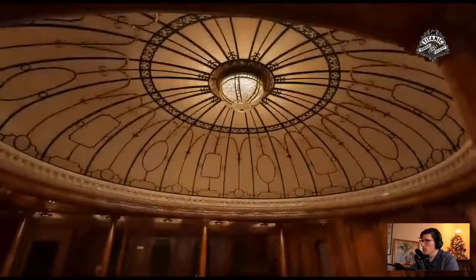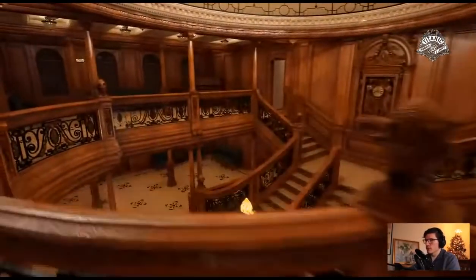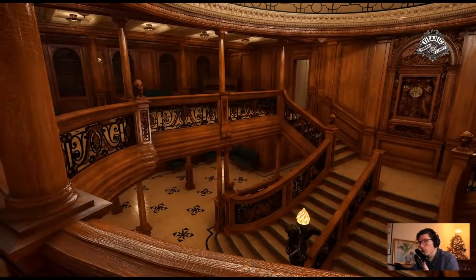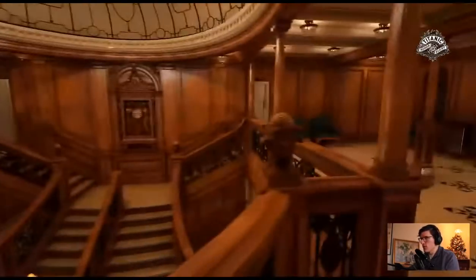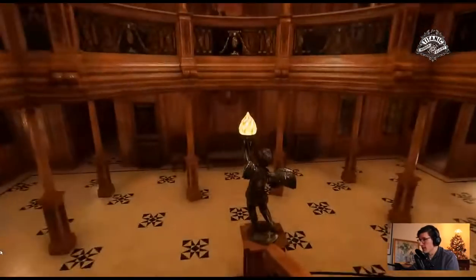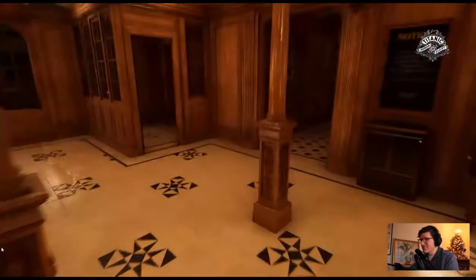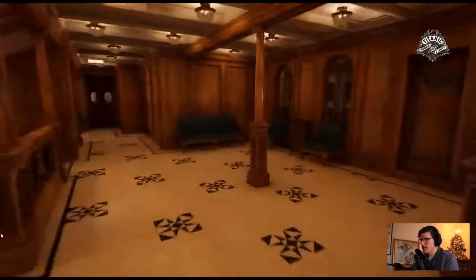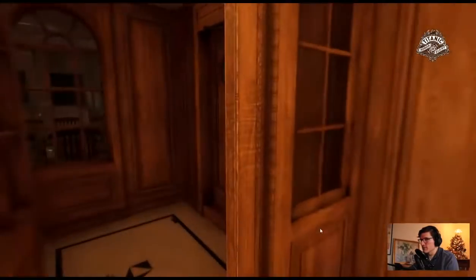I have a pretty nice computer, so I understand that people have had issues with things like loading in, and the biggest culprits seem to be the grand staircase, A deck, boat deck level, the lounge and smoking room. I think the lounge, though, is obviously the number one issue people are having. And I apologize, but the lounge, as it was in real life, is ungodly detailed. Yeah, my computer right now is even begging me not to go into the lounge, but we have to go. All right,